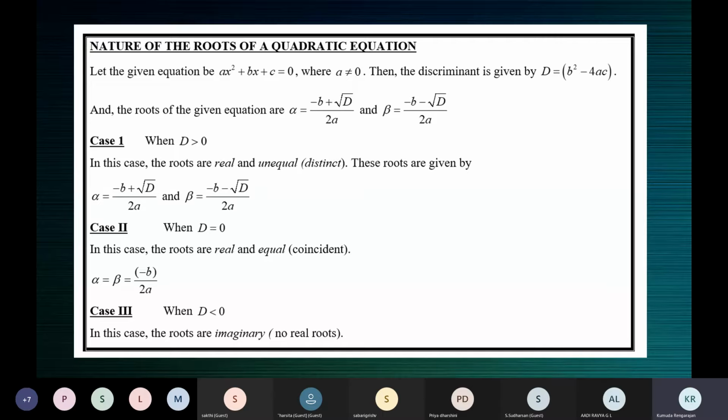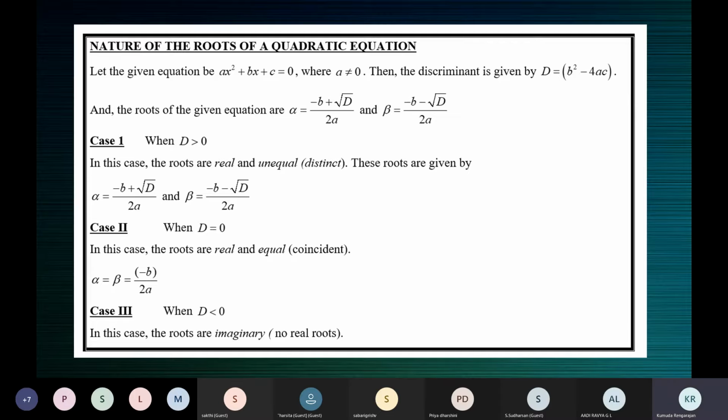When you're given a quadratic equation and there's information which says that the roots are real, are they real and equal or real and unequal? That you cannot make out from the word real. So if it is given they're real, that means they may be equal or unequal. It cannot be both at the same time. It will be any one of the two, but which you cannot make out from the word real.